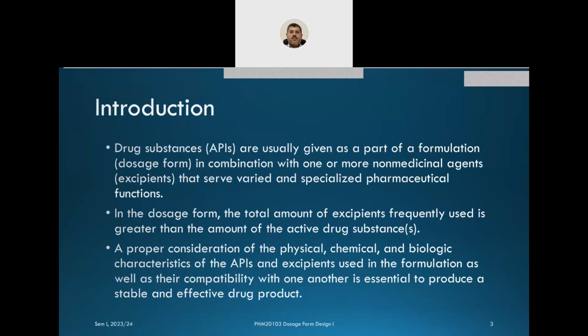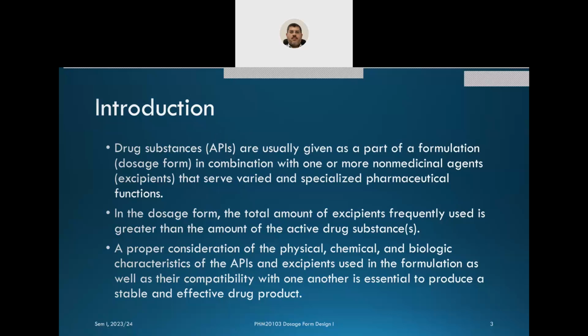So first, we should know about the dosage form design. When we want to make a dosage form or a formulation, what are the ingredients that should be included? So the main ingredient here is the drug substance, what we call active pharmaceutical ingredient. So usually the pharmaceutical dosage form is mainly intended to deliver the active pharmaceutical ingredient into certain body tissue or body organ. Okay? And is usually for local or systemic effects,